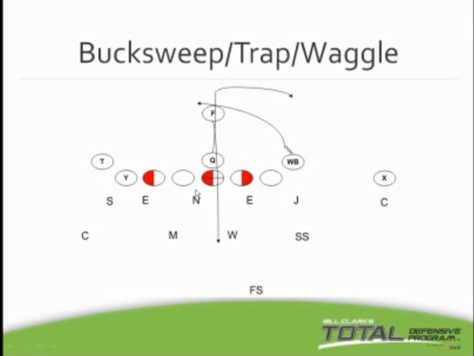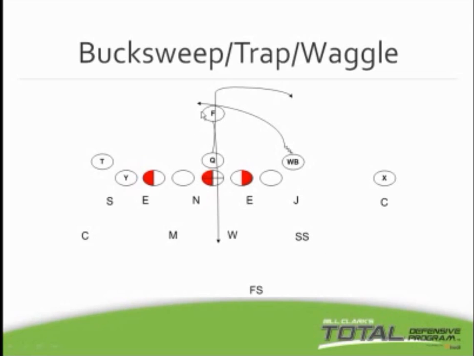If it's a trap, if it's down the line, they'll get down the line. All right. And if he gets double on the buck sweep, he's going to take it on. The sam is going to take on the wing. The corner is going to close hard, and our safeties are filling. Strong safety's across on the backside. All right. If it's trap, Will should be our trap player, and Mike will close it down. All right. Waggle. Jack is going to be our contain.